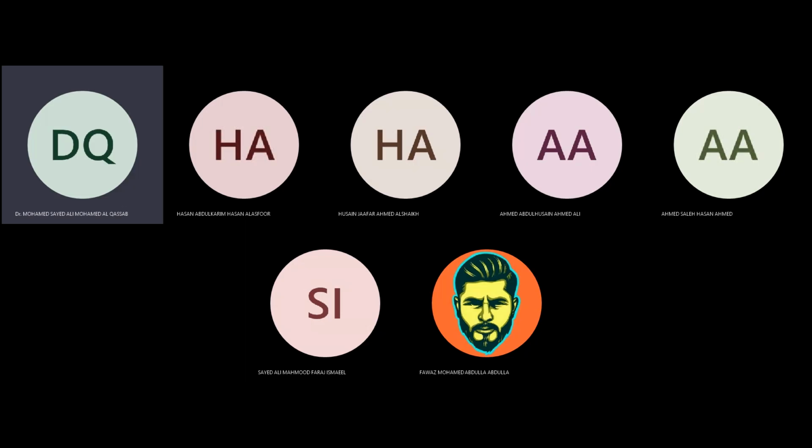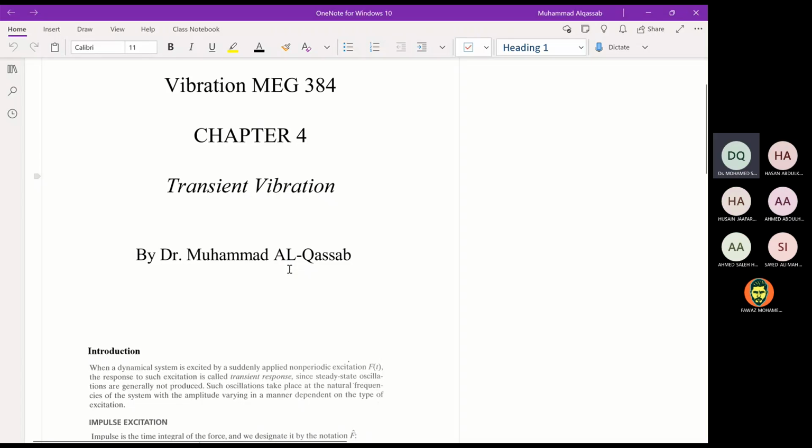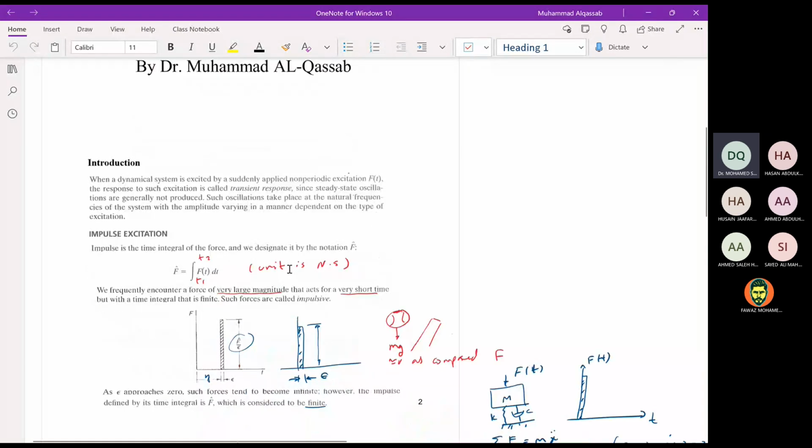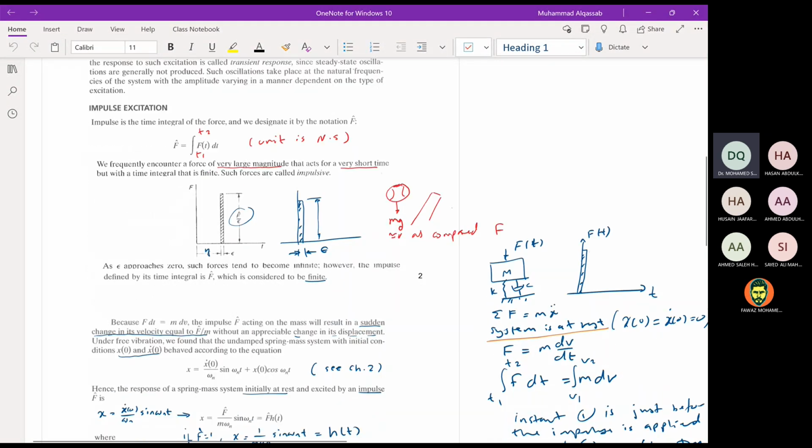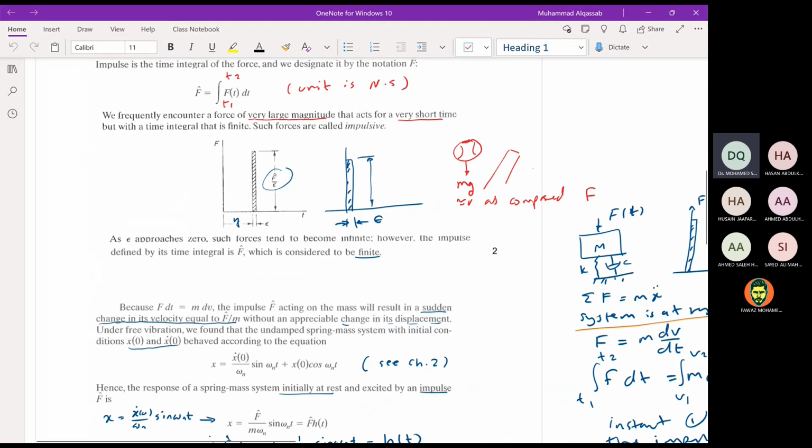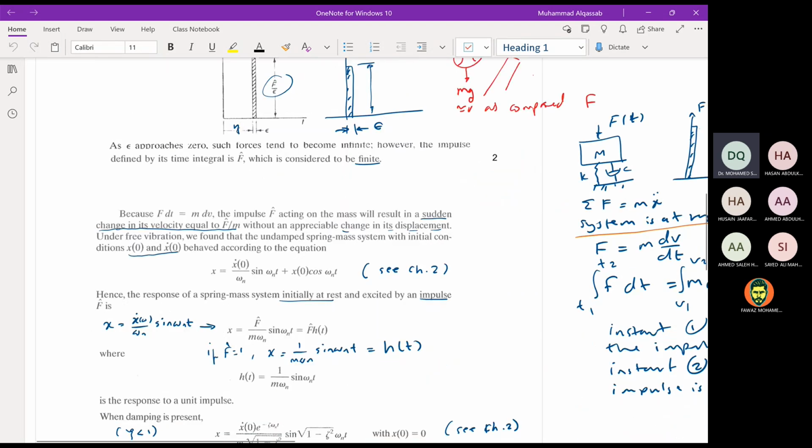We finished lecture 1. The chapter is about transient vibration, and we talked about impulse and the definition of impulsive force and what impulsive force will do on the changes on the status of the system. So if the system is at rest and excited by impulse, it's going to change suddenly the velocity of the mass from 0 to an n0 value equal